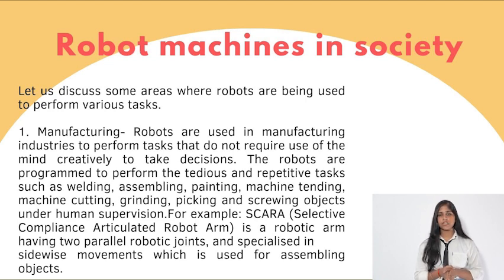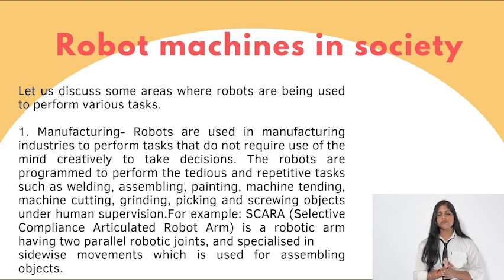Robots are used in manufacturing industries to perform tasks that do not require use of the mind creatively to take decisions. The robots are programmed to perform the tedious and repetitive tasks such as welding, assembling, painting, machine tending, machine cutting, grinding, picking and screwing objects under human supervision. For example, we have SCARA, full form Selective Compliance Articulated Robot Arm. It is a robotic arm having two parallel robotic joints and specialized in sidewise movement,